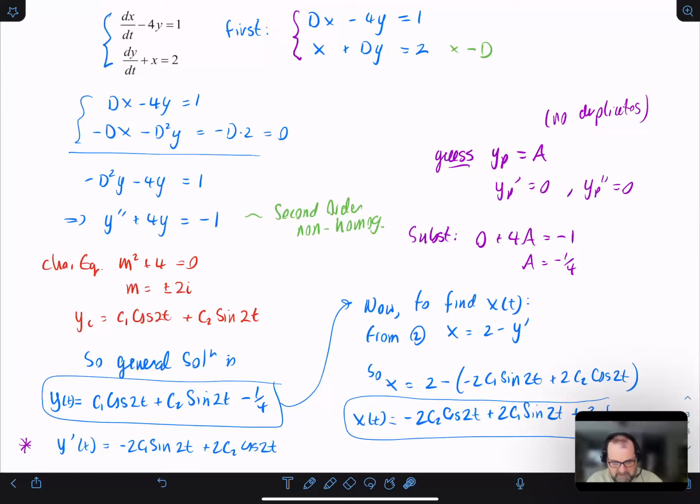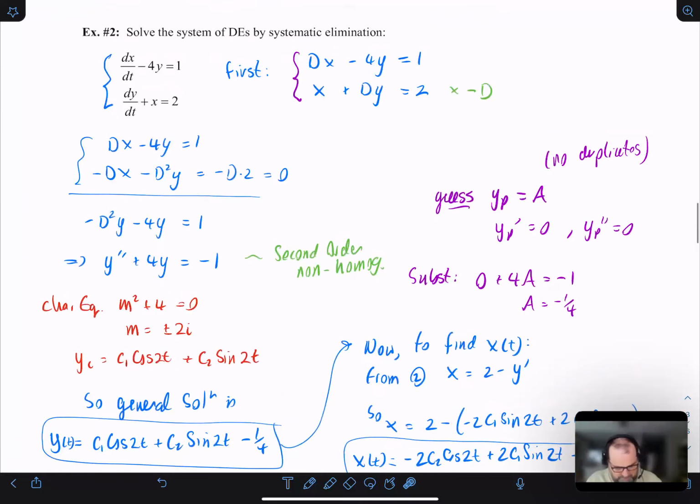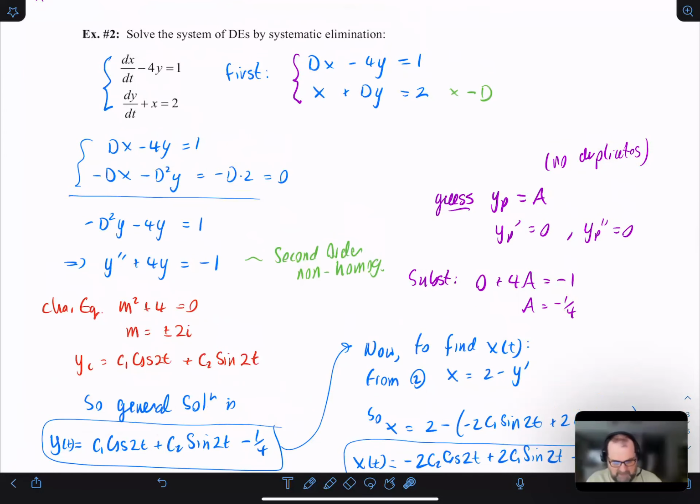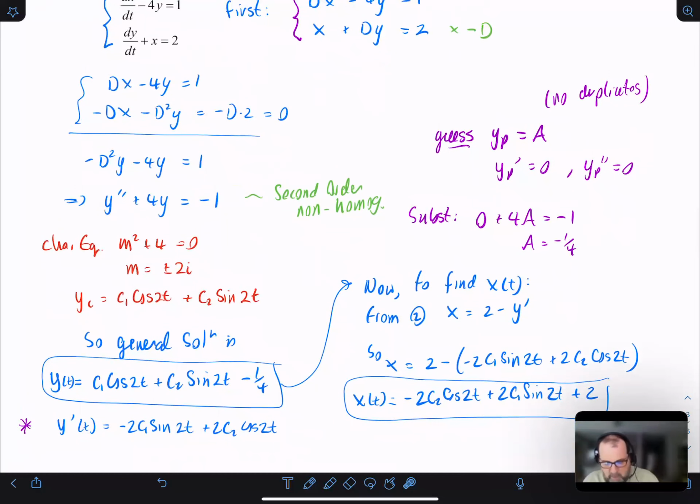So I just need to come back to my equations here, and I simply have to ask myself, can I put y back in to solve for x anywhere? I would argue that equation number 2 can be written as x is 2 minus y prime. So if I take y prime from the y I just found, plug that in,